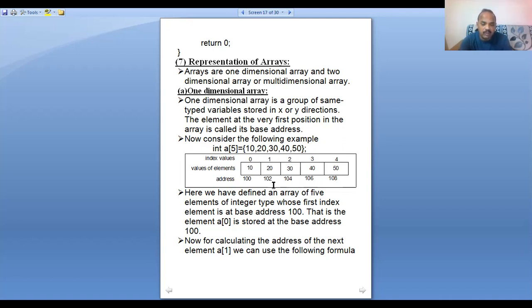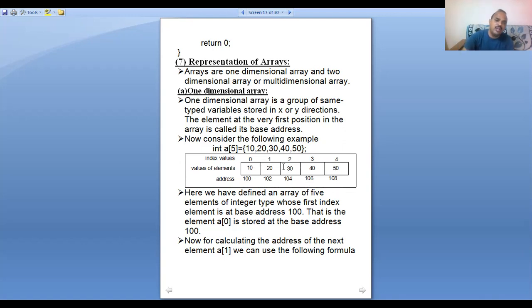If it is a float array, each block occupies 4 bytes of memory. Clear? Then what is the address representation? For example, we assume the first block address equal to 100. For a float array, float occupies 4 bytes. So the first address equal to 100, then the next address equal to 104. Why? This block occupies 4 bytes, so each byte address 100, 101, 102, 103. Next starting 104. Clear? Next starting 108, 112, etc.